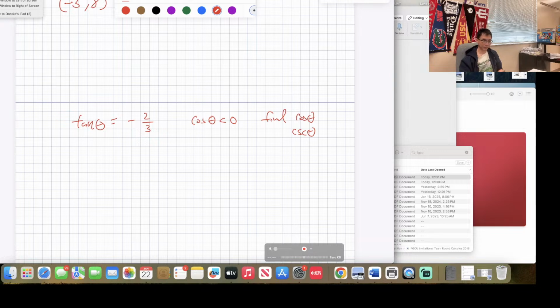Cosine theta and cosecant theta. If tangent of theta is equal to negative 2 over 3, I don't tell you the negative sign belongs to the top or bottom. You have to decide that. That's a clue. Cosine of theta is less than 0. That's another clue. Now, can you figure out what the cosine of theta and cosecant of theta is? So it's the negative